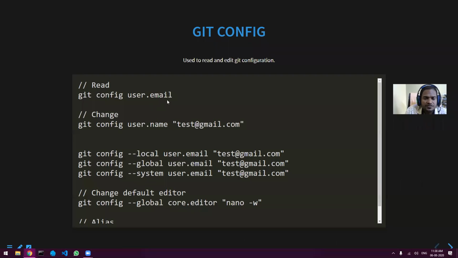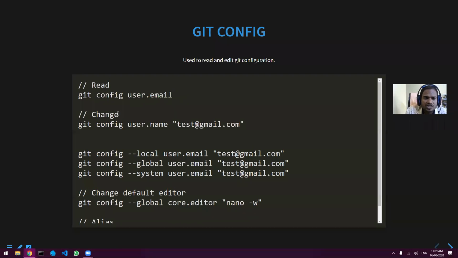So the first command is git config. This git config is used to either read or write the changes of the config file of your git. If you just want to read your config, then you just have to run git config user email. This will give you whatever email is stored for the user.